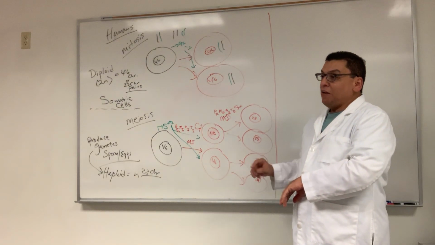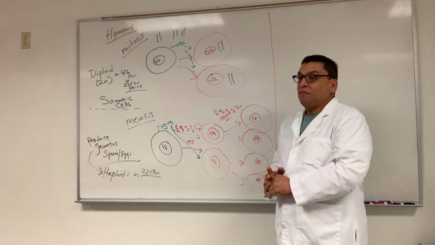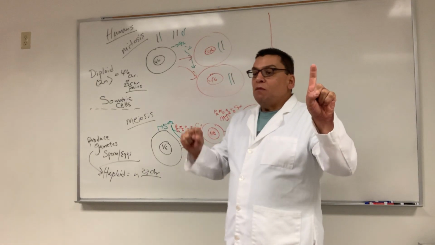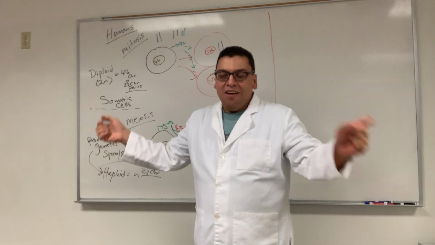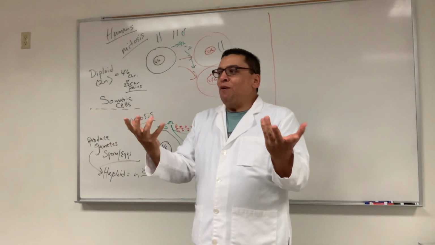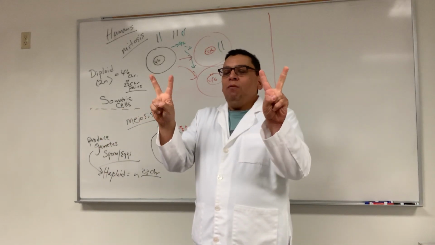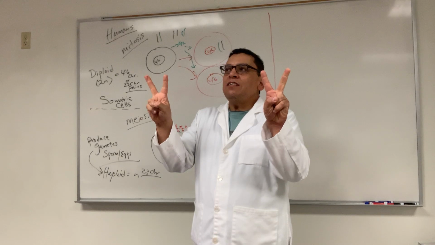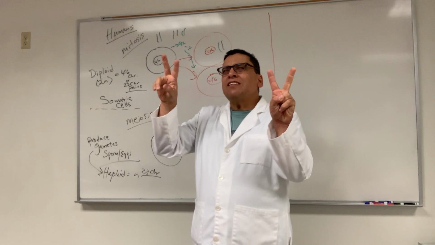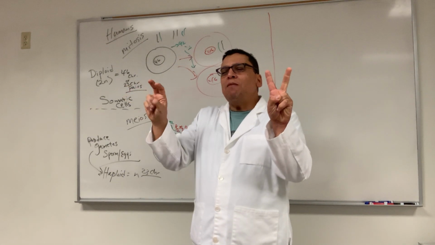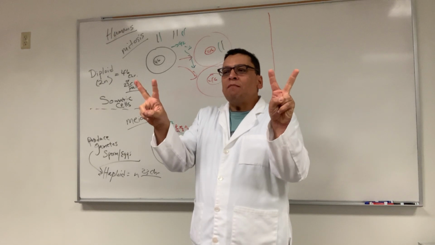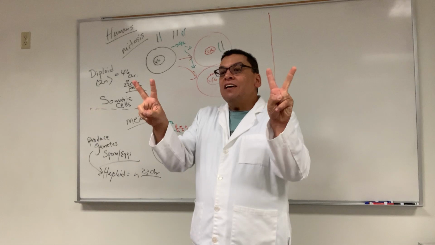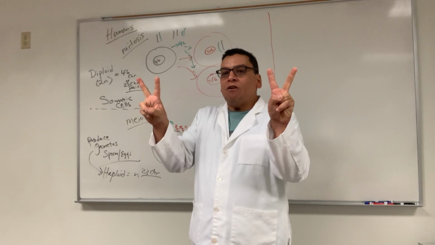It's going to get more complicated with this one, as you can tell. Mom's chromosome 1, dad's chromosome 1. Of course, you have 2, 3, 4, 5, 6, but I only have so many fingers, right? They duplicate in which phase? S phase. So you imagine the cell going to the S phase and the DNA being copied. Good. Now these are chromatids of each other. More specifically, sister chromatids.